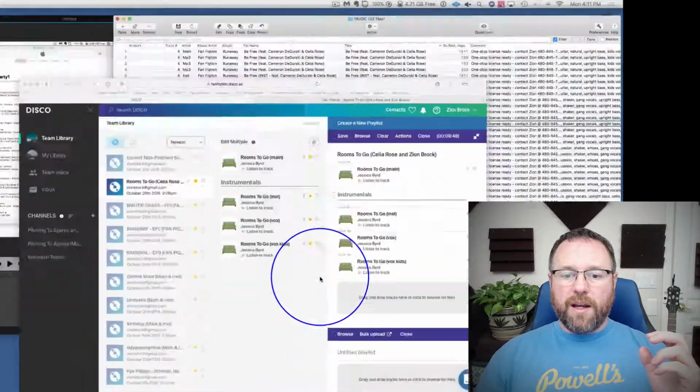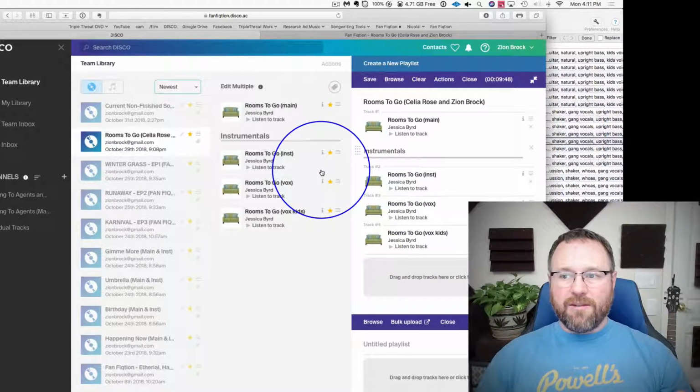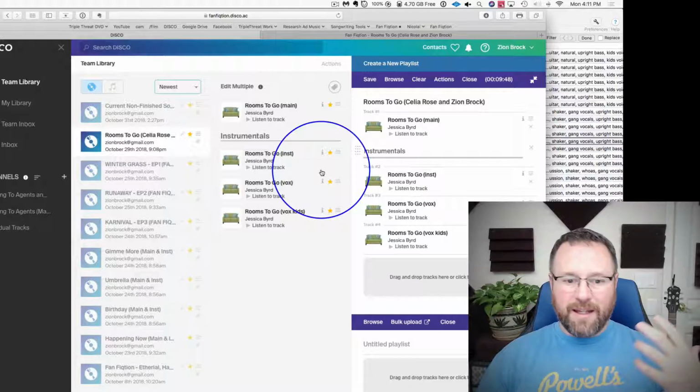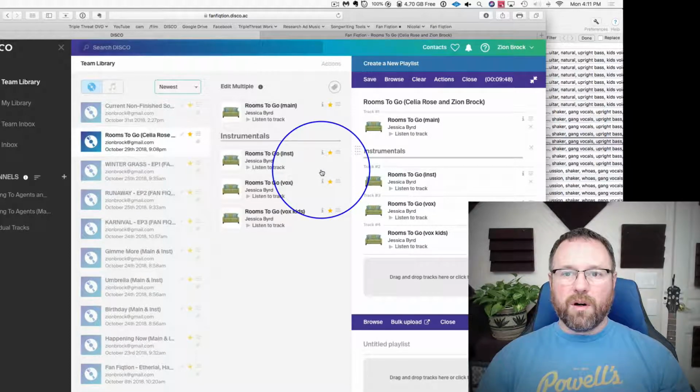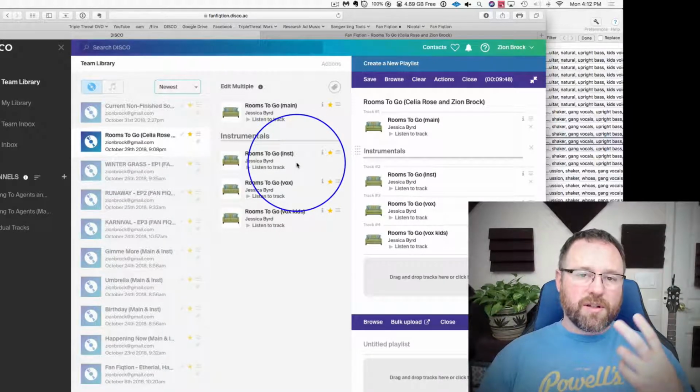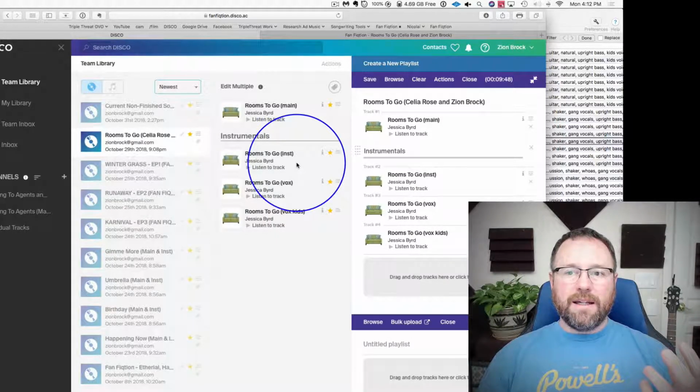One more program. I want to show you one more here. This is called Disco that I use a lot. And this is kind of a program that is becoming the industry standard for music supervisors and licensing agents. So when people are passing songs back to each other, they often prefer it if you send them a Disco link. It's a cloud-based service where you upload your songs into a cloud,